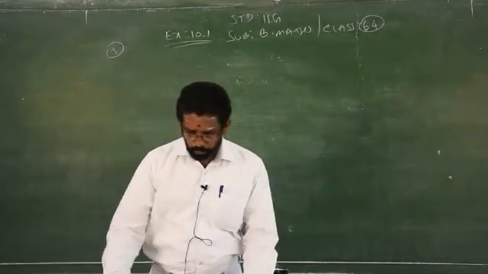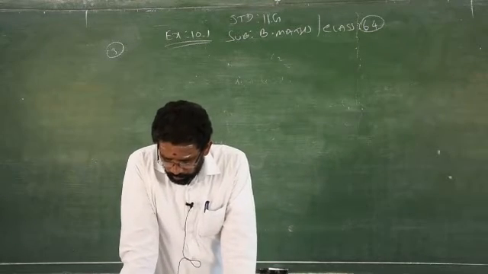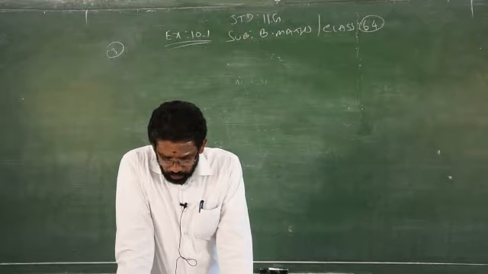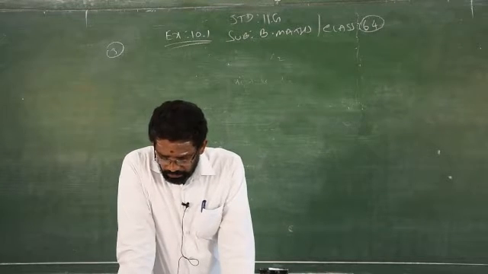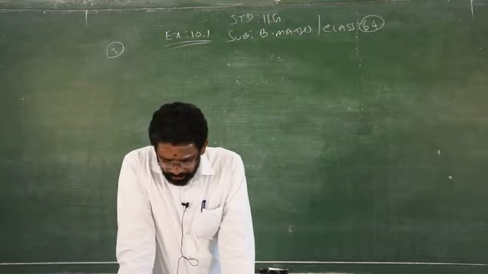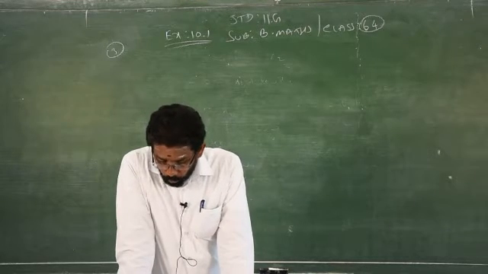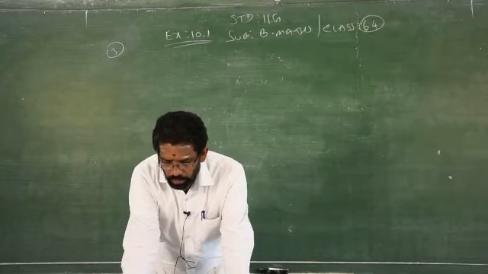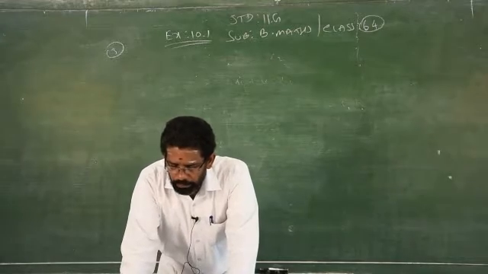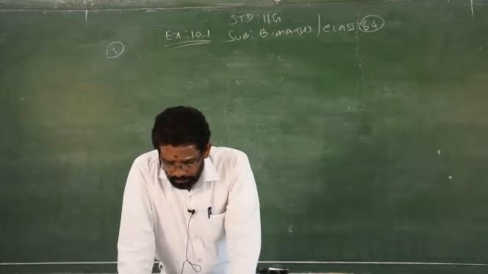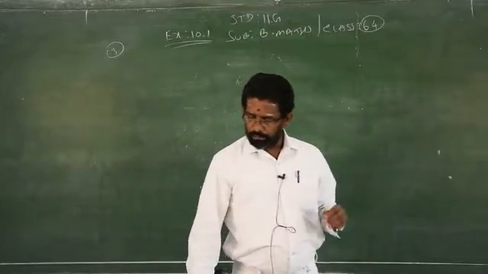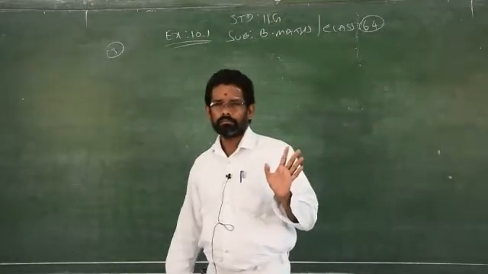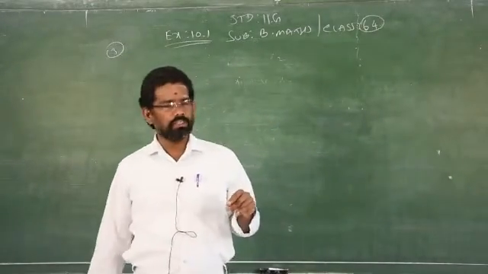Here a company manufactures 2 models of voltage stabilizers, ordinary and auto cut. All components of the stabilizer are purchased from an outside source. Assembly and testing are carried out in the company's own workshop. The assembly and testing time required for the 2 models are 0.8 hours for ordinary and 1.20 hours for auto cut. See, actually, how many models does the company manufacture? 2 models, that is x1 and x2. One stands for auto cut, another for ordinary stabilizer.